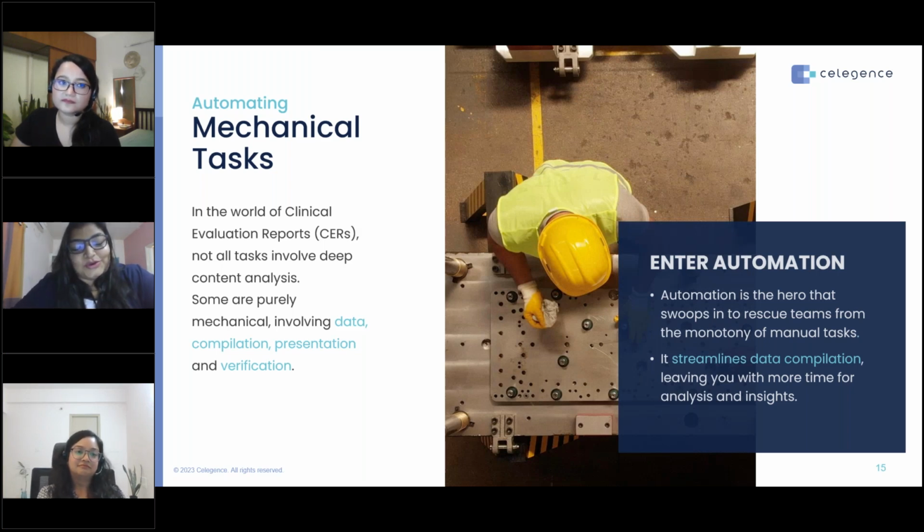They could be investing their time in determining the adequacy of clinical evidence, determining different clinical evidence pathways, and analysis of risk, where the requirements for PMCF, or strategizing for PMCF,